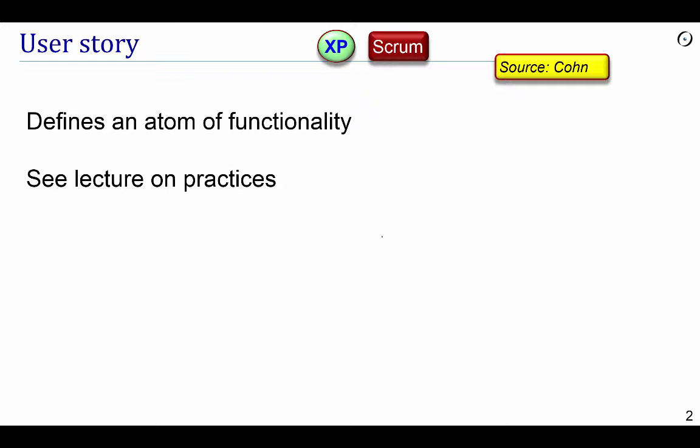Remember that a user story defines an atom of functionality, and it's often in the style of: as a some role, I want to do some task, so that some business goal. So we've seen this in some detail. We've also seen the limits of using user stories as a tool to define requirements. To express user stories,